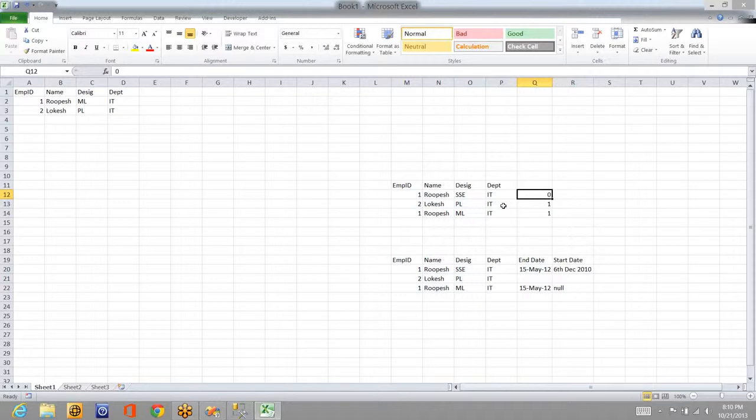You can identify that, but it can't give you the timings. I mean, from when to when he was a senior software engineer, from when to when he was a module lead, from when to when he was a project lead, and so on. So the third way will give that information.